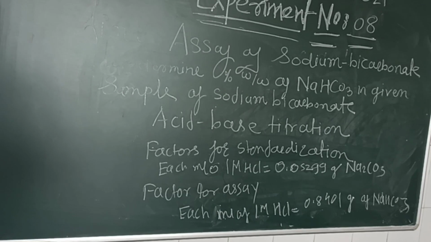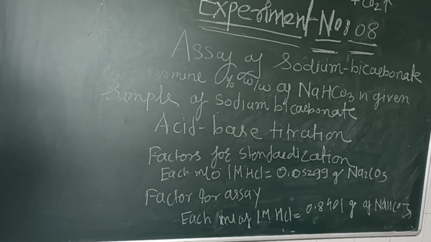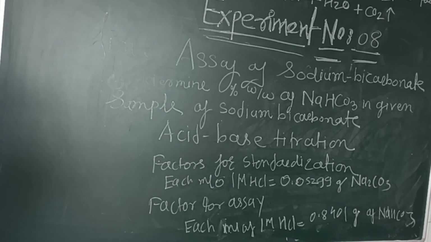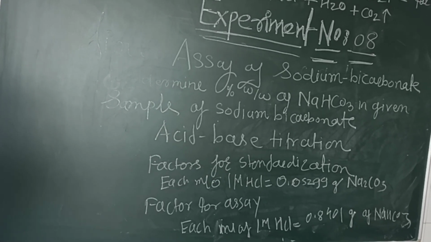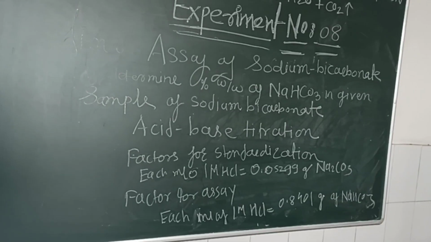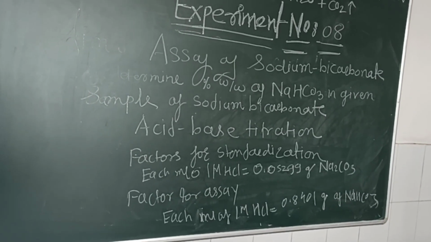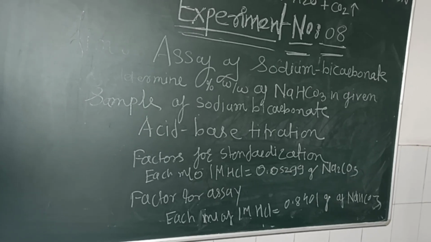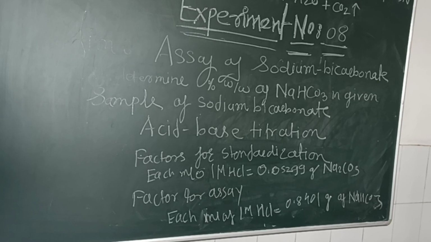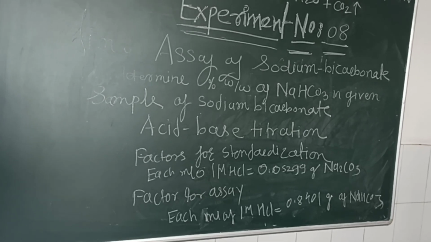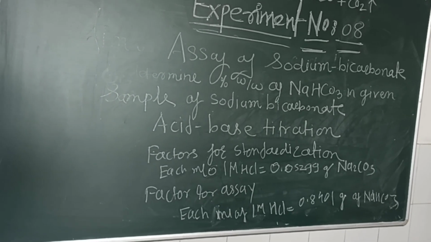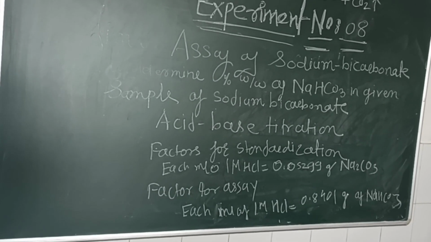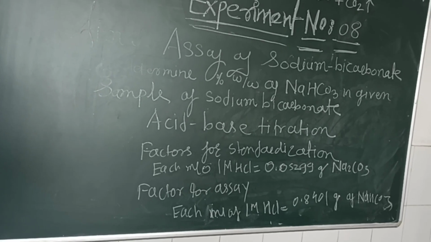According to the Arrhenius theory, you know that acid on dissociation gives hydrogen ion, meaning proton, and base gives hydroxyl ion. For this experiment, we require the materials: burette of 50 ml, pipette, beaker, conical flask, weighing balance and weight box. We require the chemicals sodium bicarbonate, sodium carbonate, hydrochloric acid approximately 1 molar, and methyl orange and methyl red as indicators.